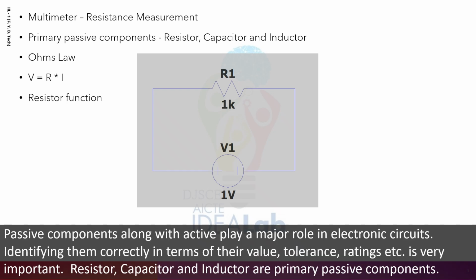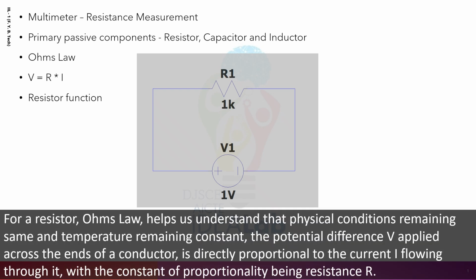Passive components, along with active ones, play a major role in electronic circuits. Identifying them correctly in terms of their value, tolerance, ratings, etc. is very important. Resistor, capacitor, and inductor are primary passive components. For a resistor, Ohm's law helps us understand that, physical conditions remaining the same and temperature remaining constant,